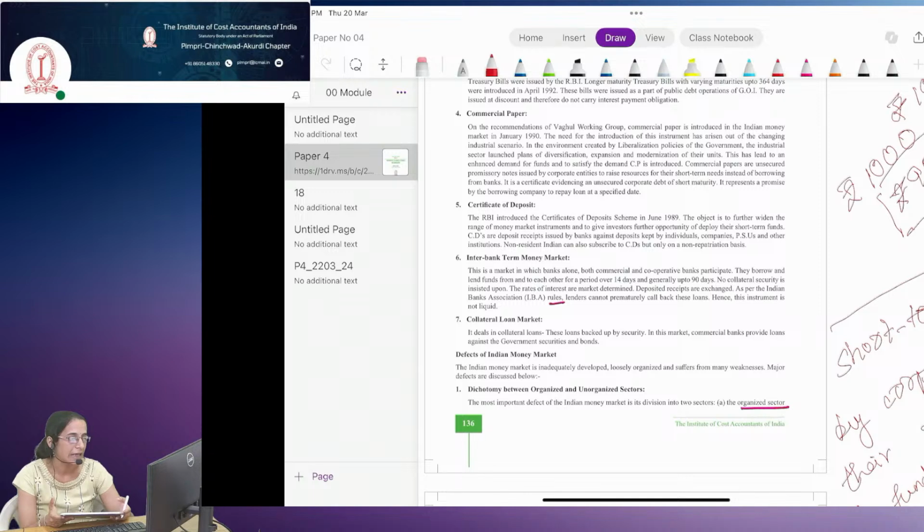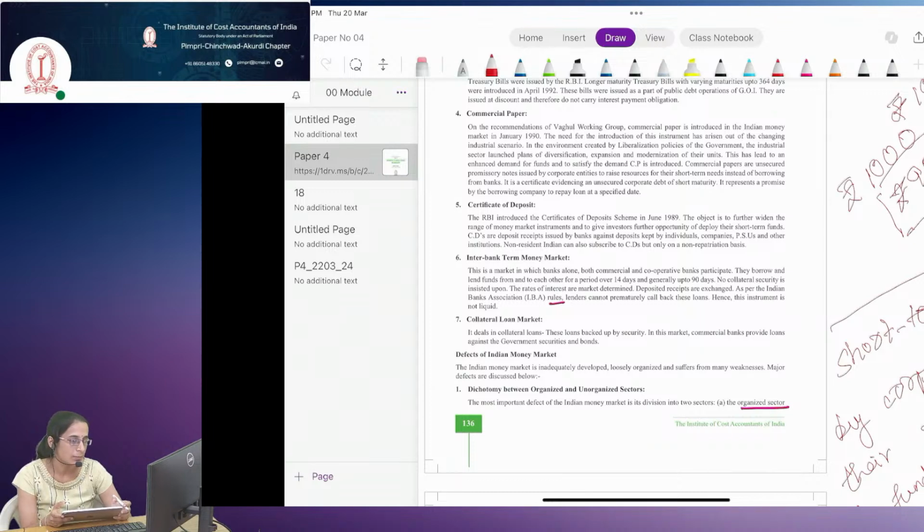So we get an interest rate with the commercial banks for these certificates of deposit. The RBI introduced the Certificate of Deposit scheme in June 1989. The objective is to further widen the range of money market instruments and to give investors further opportunity to deploy their short-term funds. Certificates of deposit are deposit receipts issued by banks against deposits kept by individual companies, public sector